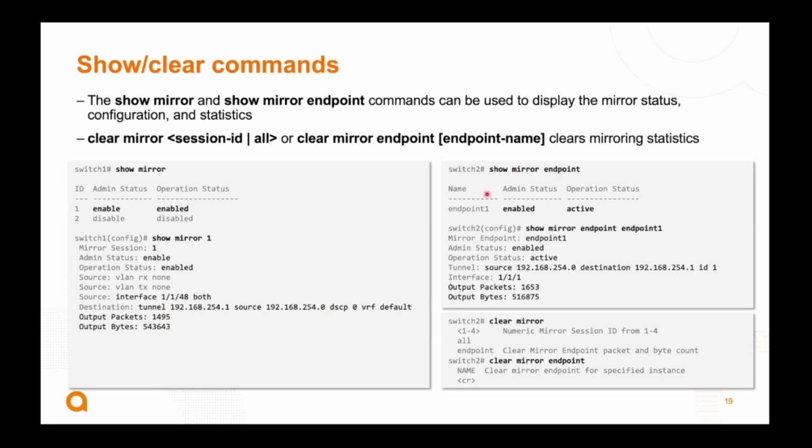Show mirror endpoint, kind of the same deal, without an endpoint name, just gives you a summary list of all of the endpoints you have configured. And then show mirror endpoint with the endpoint name gives you the detailed information, just like the mirror session ID here, which includes your tunnel configuration, source and destination IP addresses, and tunnel ID, the destination interface or interfaces configured for this endpoint, and your packet counters for the mirroring session on the destination end,